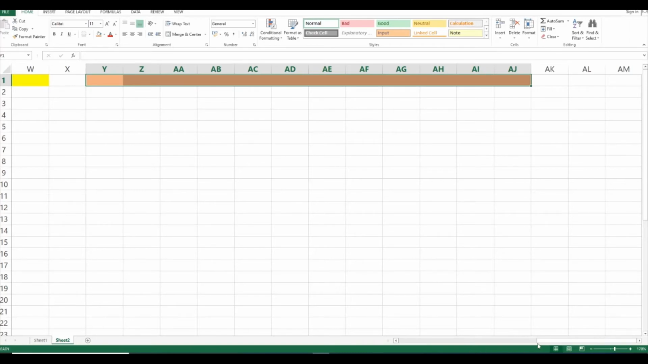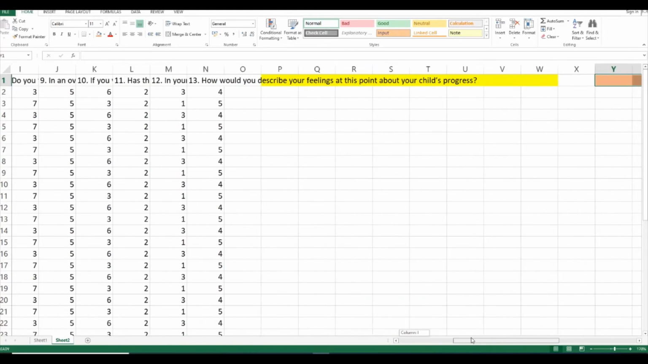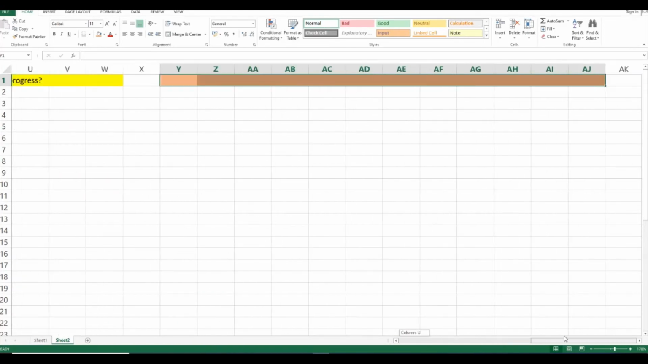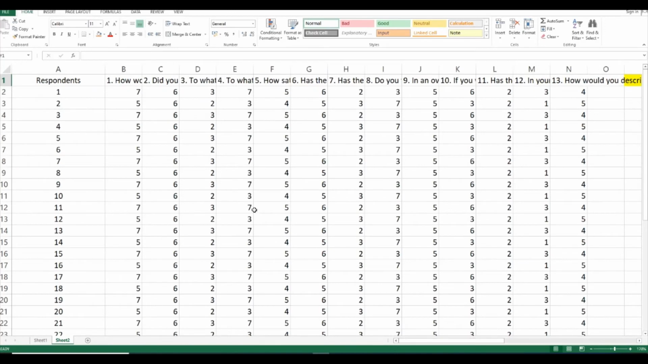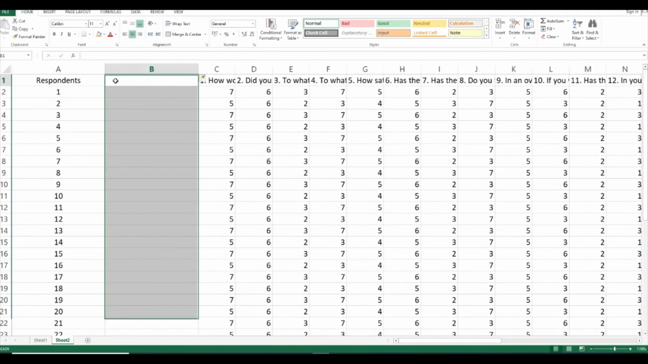Just input the data in one sheet. Do not make one sheet per variable, so that when you analyze the data, all the variables are there. You don't need to jump from one sheet to another. But in case in your study, in your research, there are profiles, for example you want to know the profile of the respondent in terms of age,